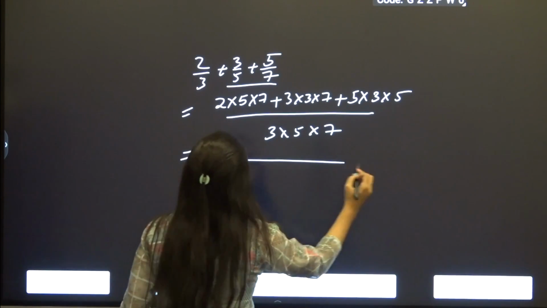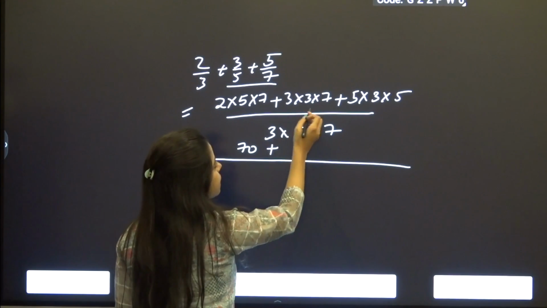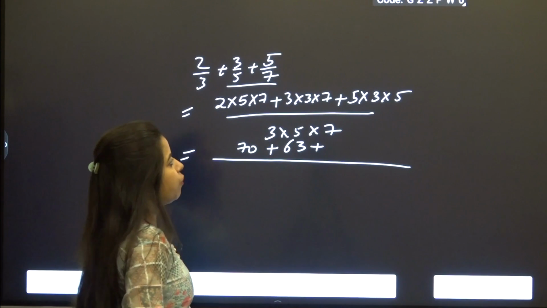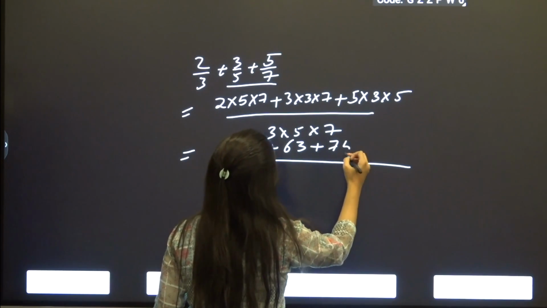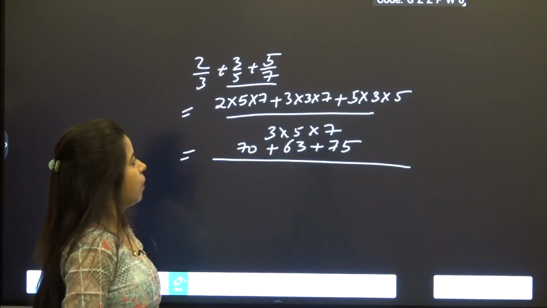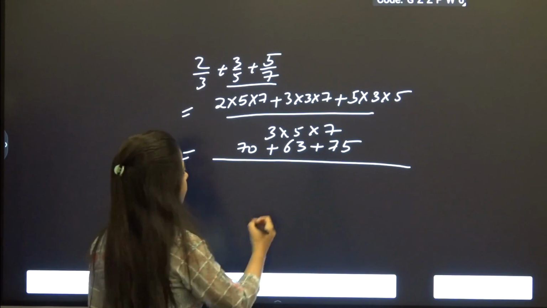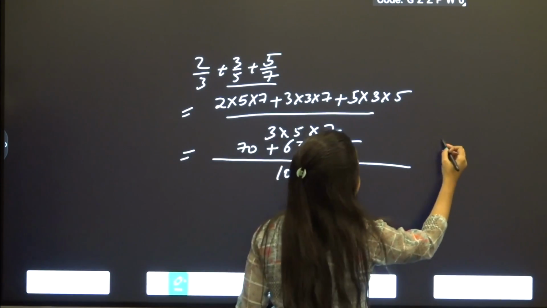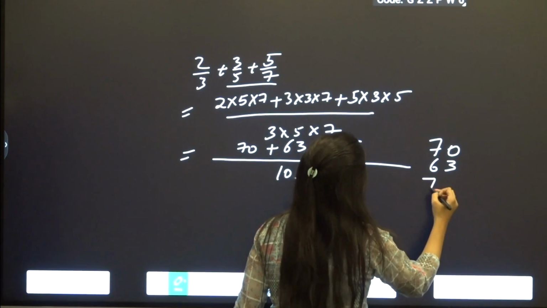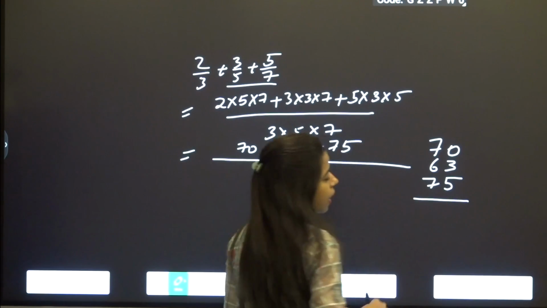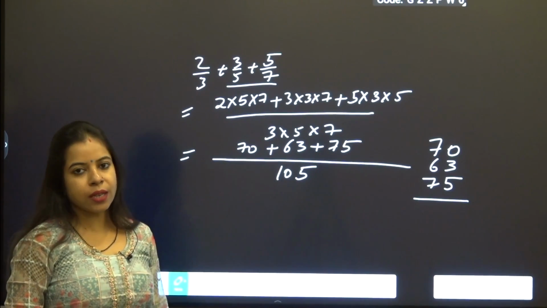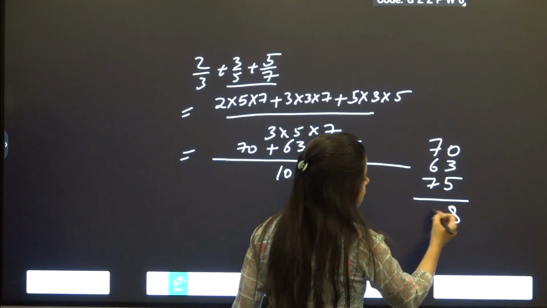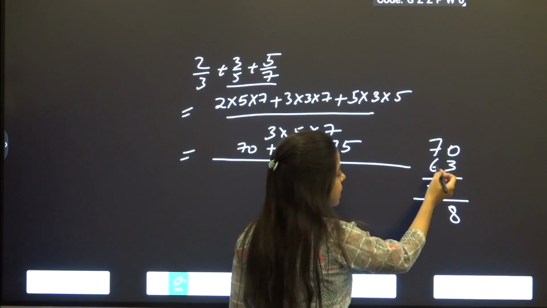So this will become 70 plus 9 into 7, 63, and this is 15 into 5, 75, and this is 21 into 5, 105. Now 70, 63, 75, again we can use the sutras of addition. This will be 0 plus 3, 3, 3 plus 5, 8, and this is 7 plus 6 is 13, 3 is here,